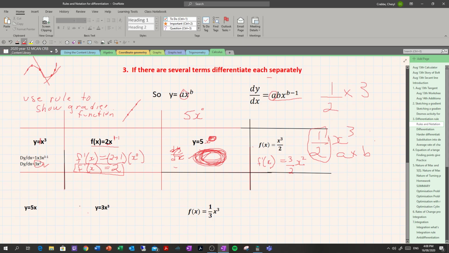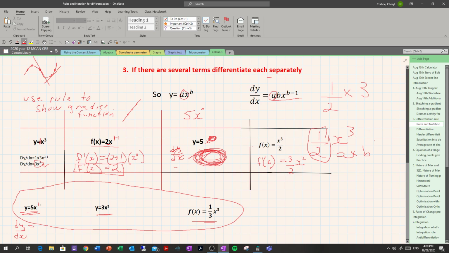Now you might want to pause the video at this point and try these. They are on the OneNote, see if you can do these. See if you can now figure out how to do this. So if you want to go to your OneNote and try these 3, differentiate these. Pause, go. Otherwise, I'm going to differentiate this as dy over dx is equal to,